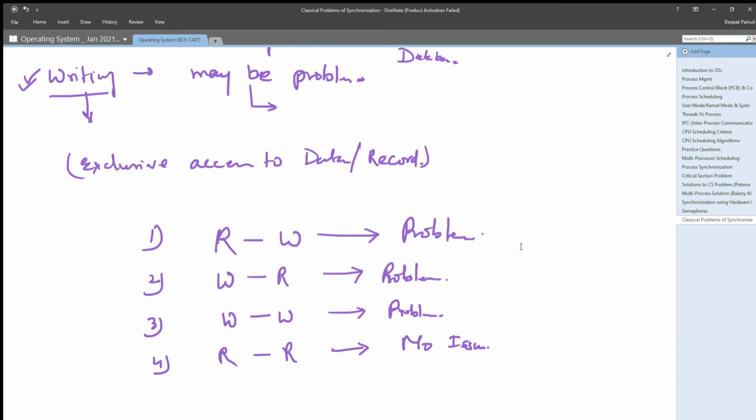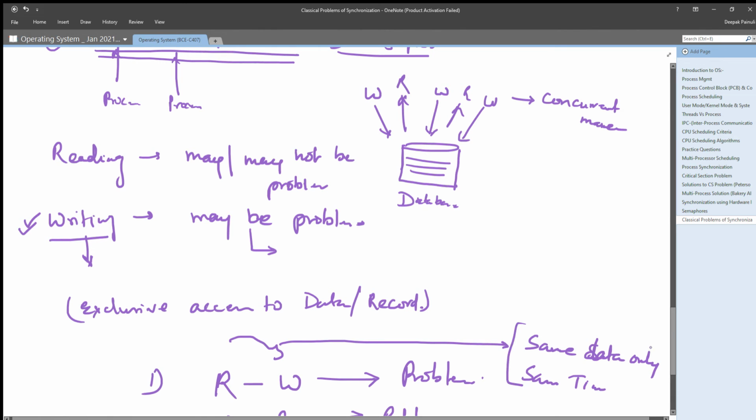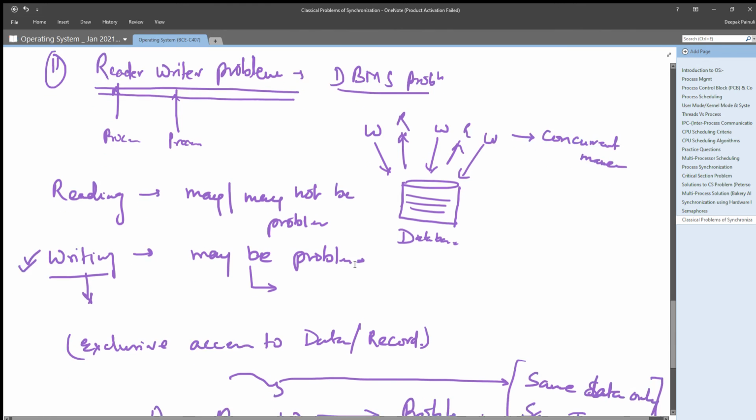Remember, these problems arise when writing and reading operations are performed on the same data, at the same time. If this is not the case, there will be no conflict in the database.